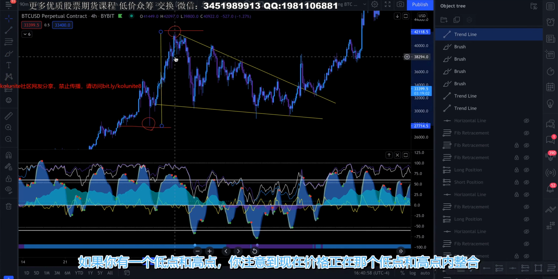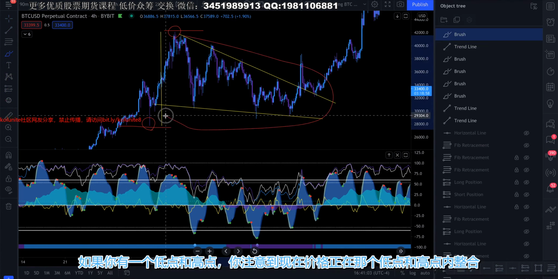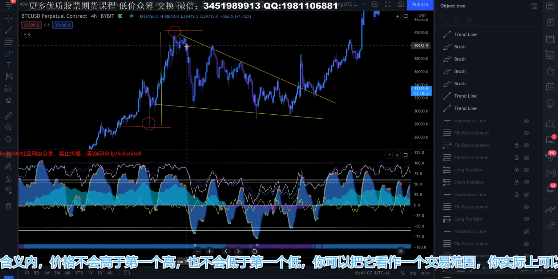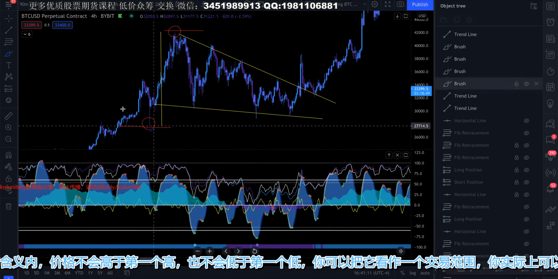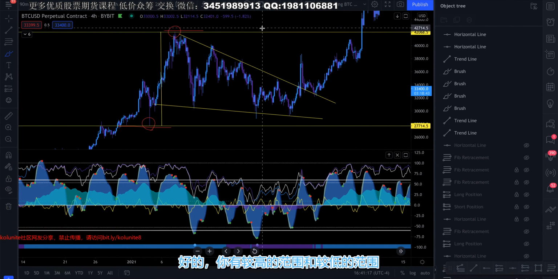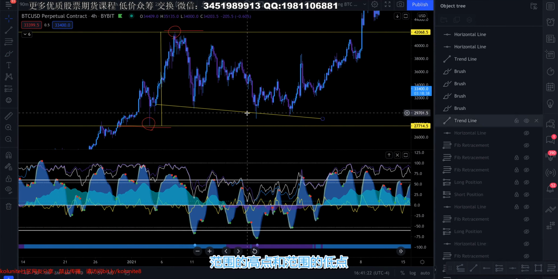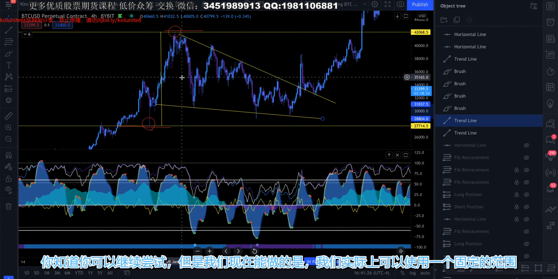If you have a low and a high, and you notice that price is consolidating within that low and high, meaning that price has not come higher than that first high and has not come lower than that first low, you can look at this as a trading range. You can make two lines right here, the high of the range and the low of the range. You can keep your triangle on as it's forming, but now we can use a fixed range,